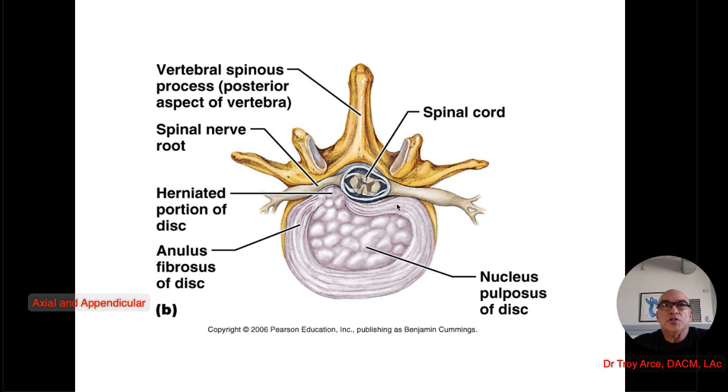So this shows you a herniated portion of the disc right up here. See, as it's coming out towards the rear, it usually comes out kind of medial posteriorly, not so much in the front, but you never know. Your spinal cord right here, as you can see, if it compresses up against there, it's going to affect this spinal nerve root, and depending on what level is going to determine what kind of symptoms this person's going to have. Okay,